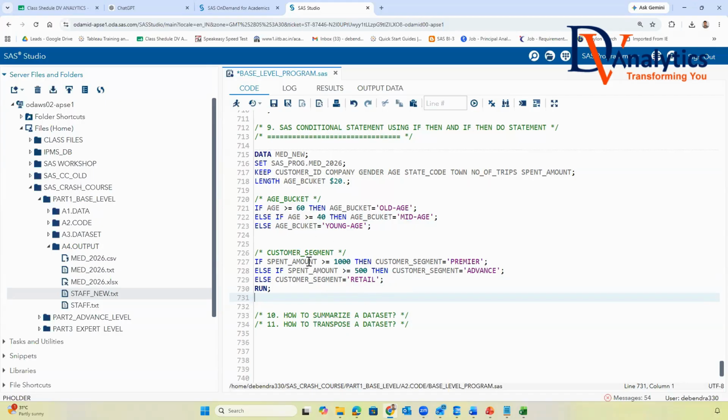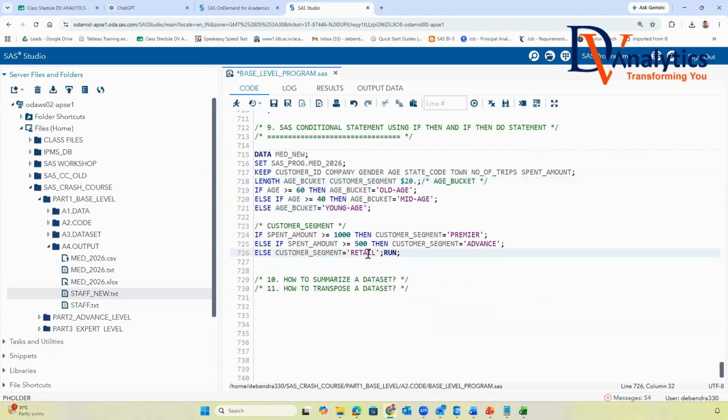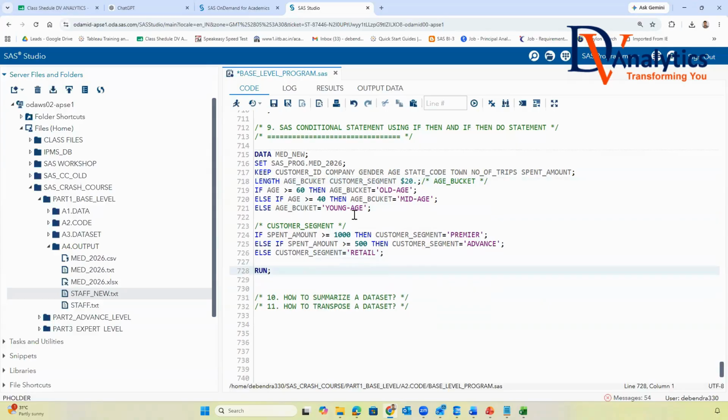Now I also have to define the length of this, also $20. I have to define this length first, then I can go for calling these. This is the syntax. Now, since I created these two columns, age_bucket and customer_segment, they are not in the keep statement, so I have to keep those over here as well.